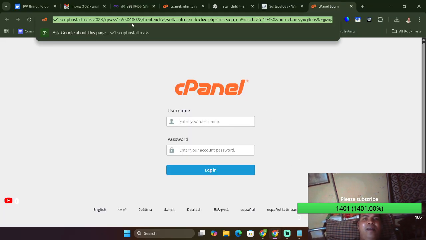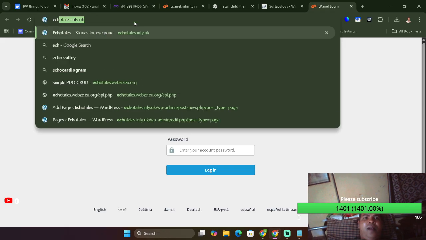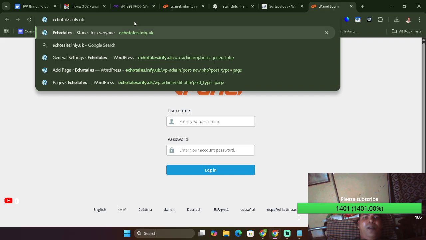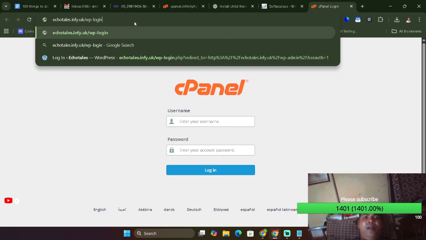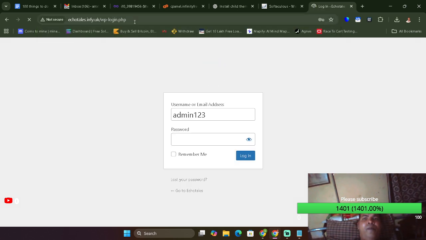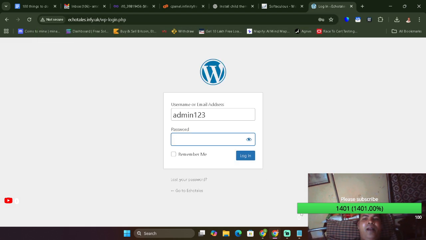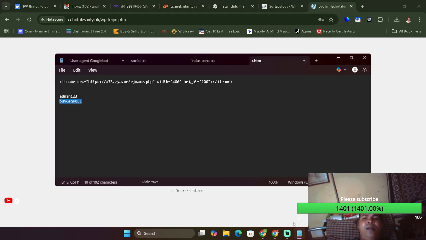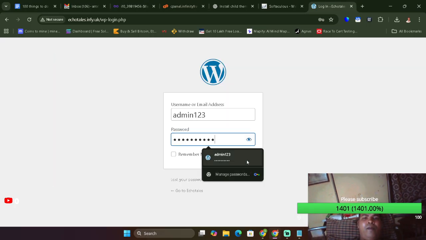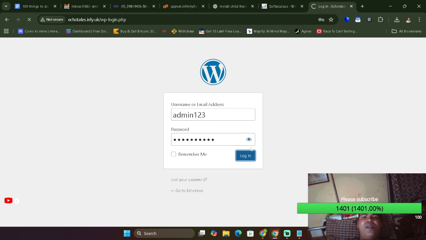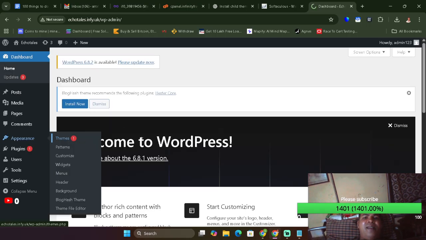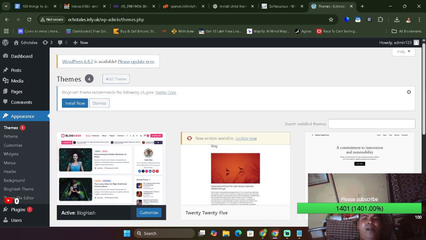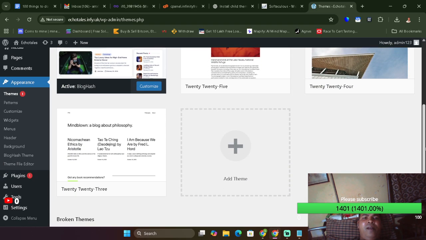Almost complete, guys, which is ecotales.np.uk/wp-login.php, and you will have to paste the password, and you should see your child theme. On the left hand side, appearance, themes, and over here